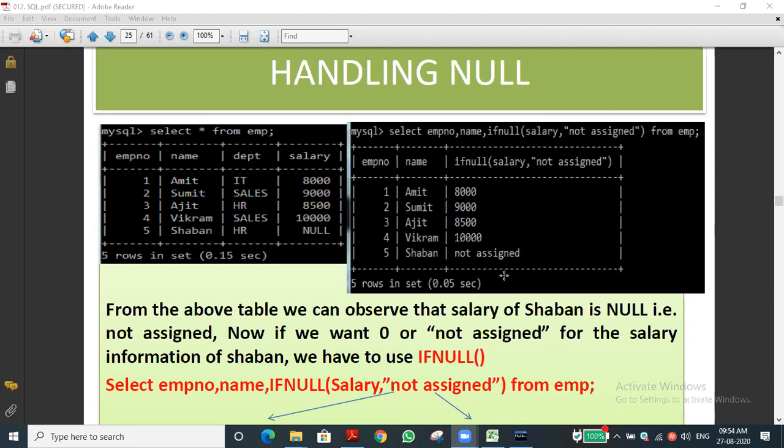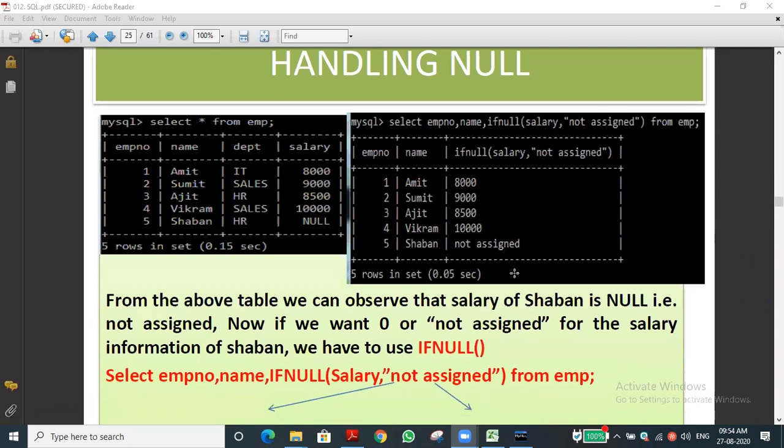Have you understood this one? Yes sir. Why is the field name if null? This is because it is a temporary one. One more thing I want to tell you, which you will understand in the upcoming slides. If we didn't give a value, automatically one value will be taken.